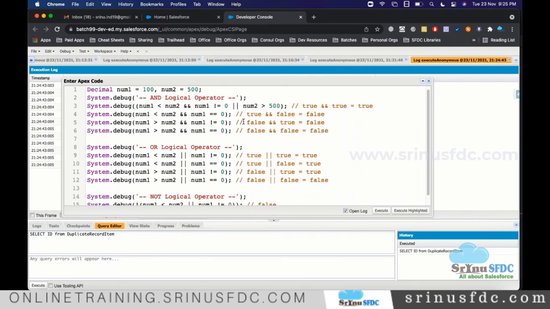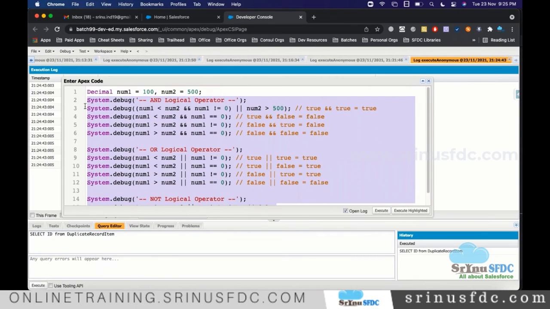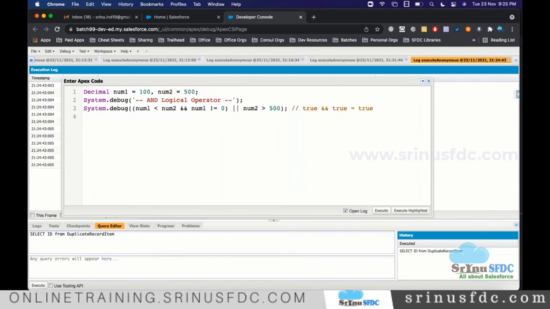As soon as you know these basics, all other things you will get automatically. This is just an example. These two conditions should be satisfied, or if number 2 is greater than 500, then the final result will become true. If any one of the conditions is satisfied, the final result will become true.